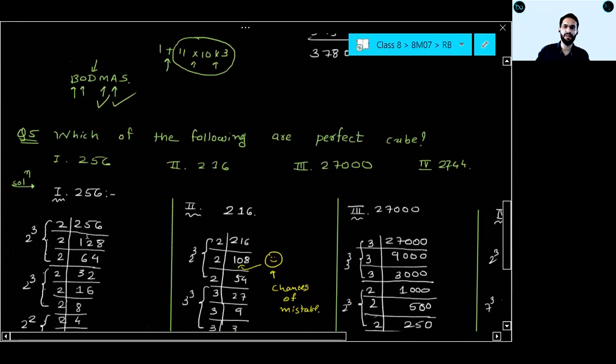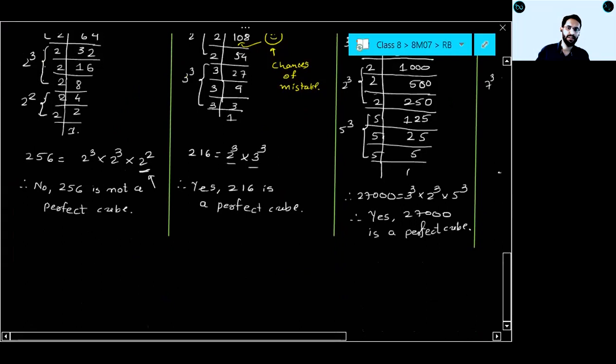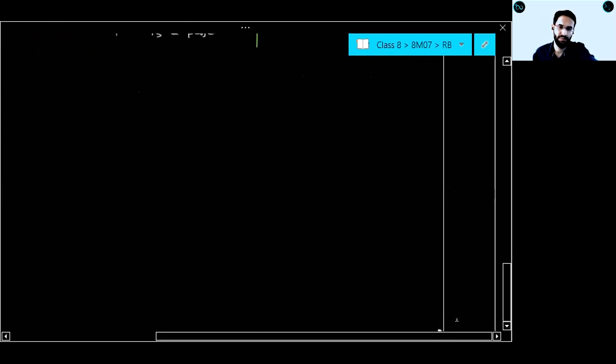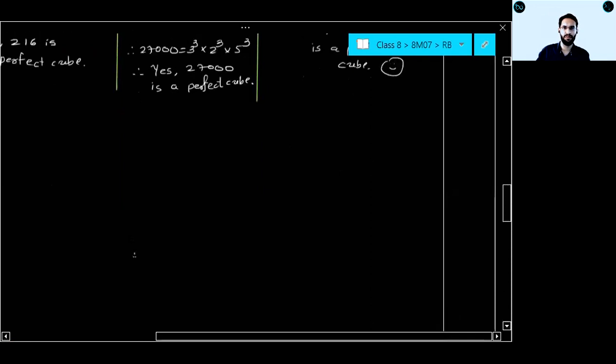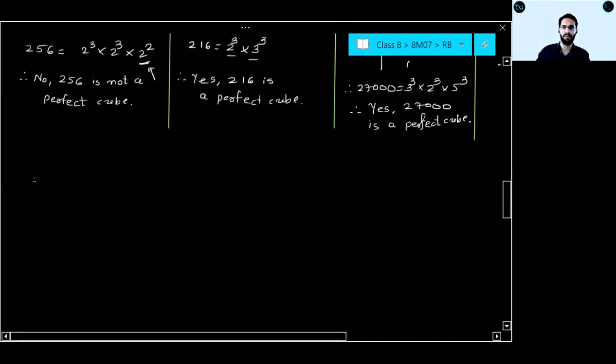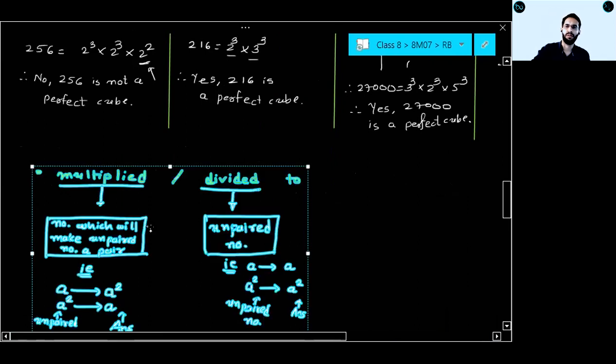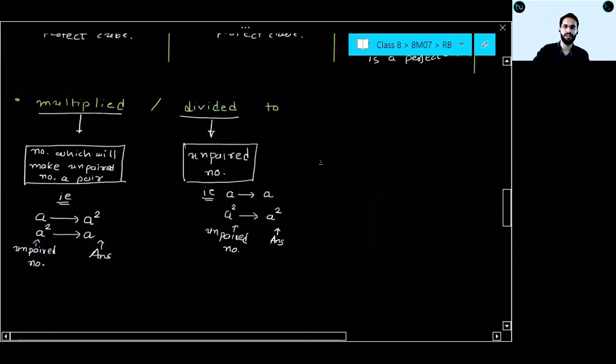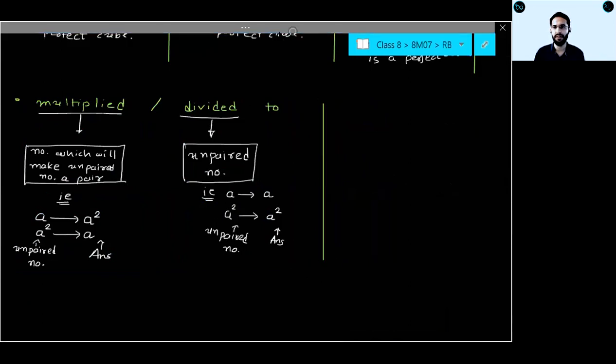Now, let us discuss for 256 only, right? First, let us discuss for 256, then we can proceed. Just you need to remember this, that's why I'm writing here. Now, 256. So first you need to find prime factors, right? So already we have found the prime factors of 256 or not, students? Tell me. We have already found the prime factors of 256.